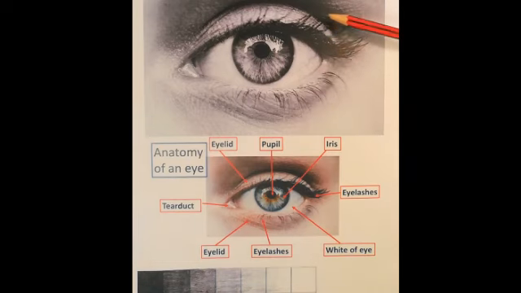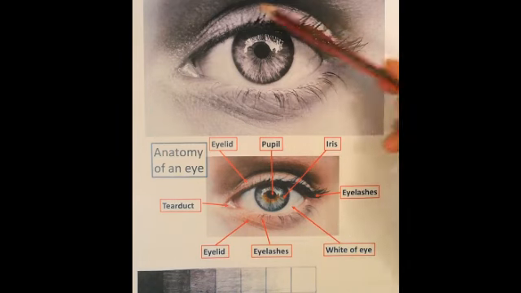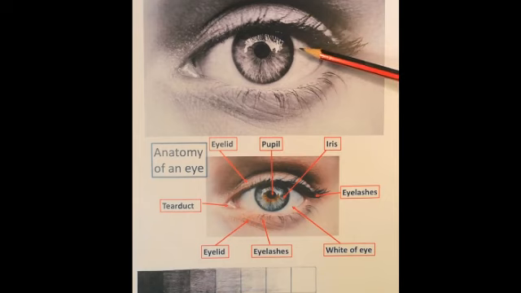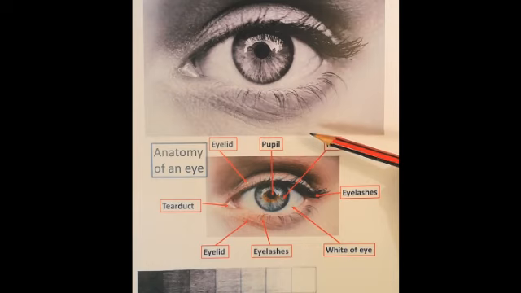So on your sheet you've got lots of things to help you. You've got the photograph of the eye to work from, you've got a diagram of the anatomy of the eye so you can ensure that you include all of the different details on it. You've also got a step-by-step guide to how to draw an eye, but I'm going to show you how to do the first part, which is just to draw the outlines and the details. That's all I want you to do for today's lesson, because after that we're going to be spending some time practicing creating a range of tones and then graduating tones so that you can make it fade from dark to light. So the first stage of this lesson is just about making a line drawing of the eye